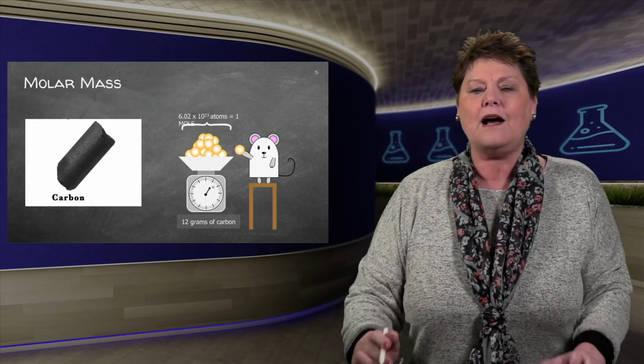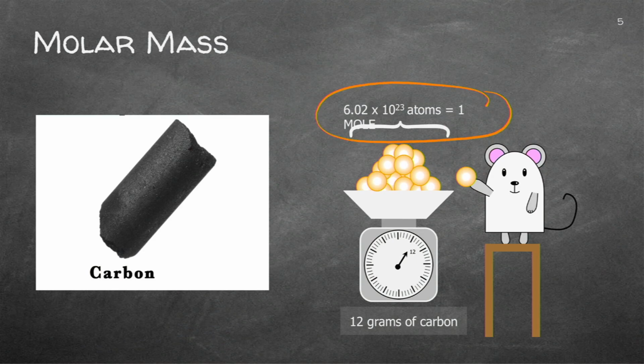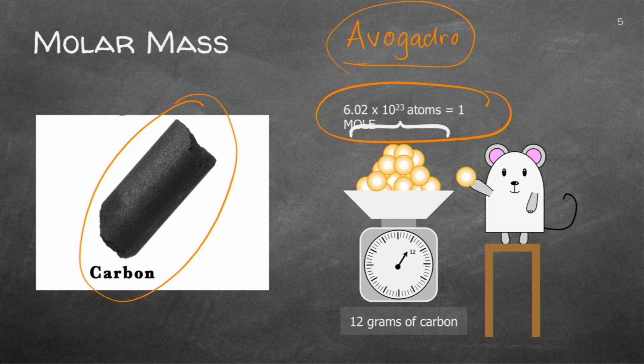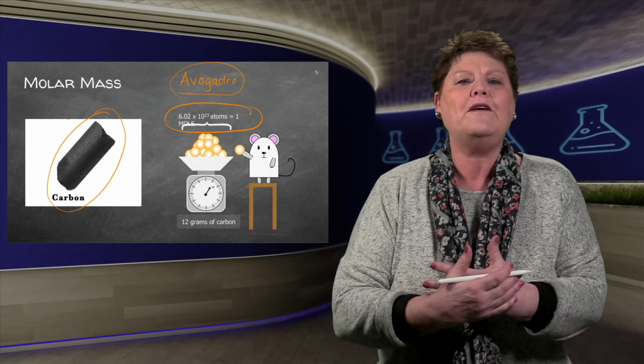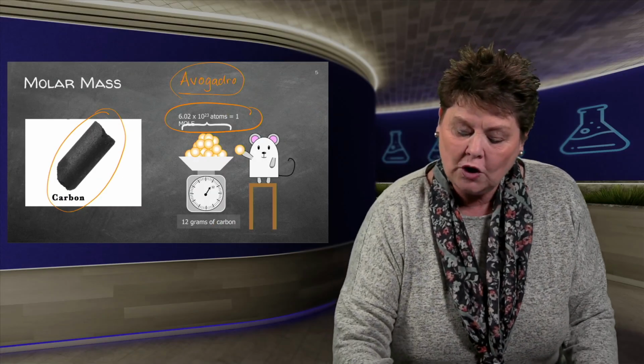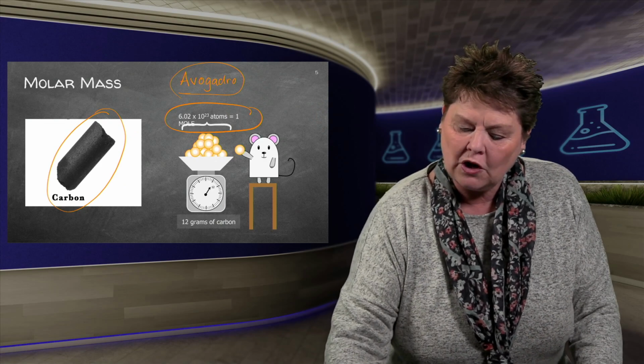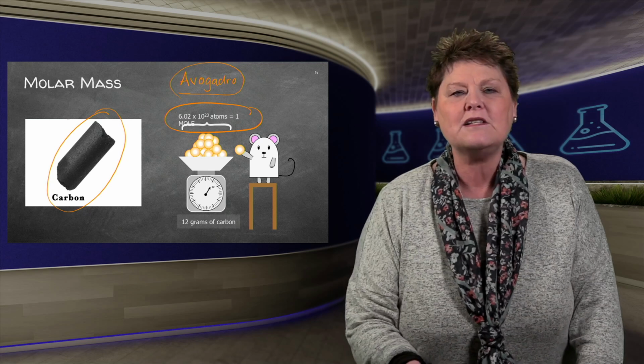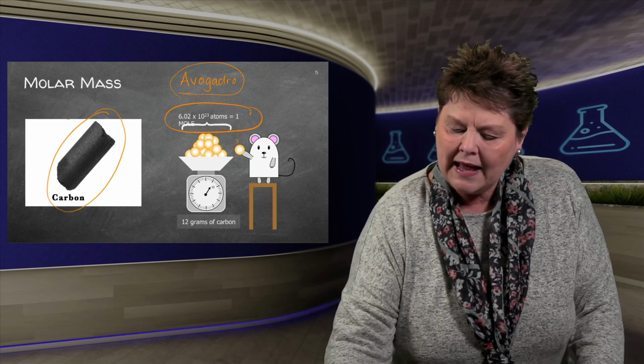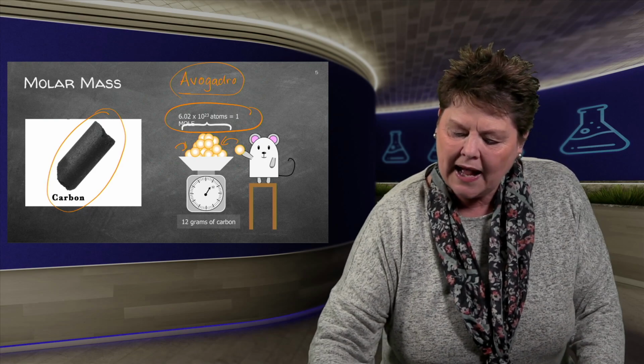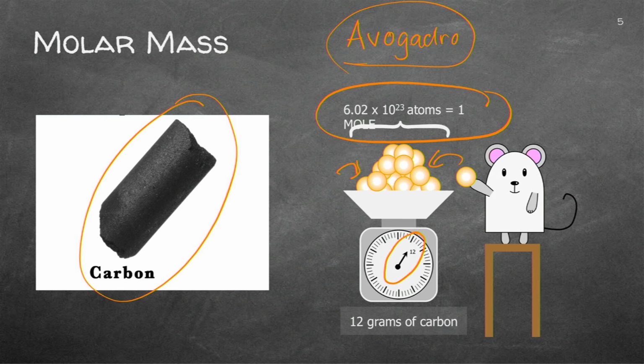Right, where did this come from? There was a guy with the name of Avogadro. Now we're going to have a look at Avogadro in the next section again, but just quickly, he took carbon, and because carbon is very cheap and it's accessible, we find it in South Africa, we find it in India, we find it all over the world. They took carbon and they actually put it on a scale. Now, I'm simplifying this whole experiment that he did, but adding carbon to a scale until they reached 12 grams.